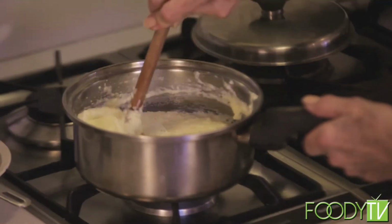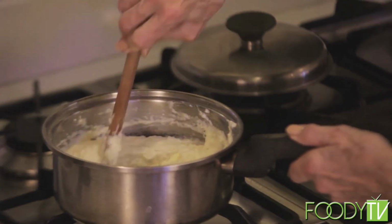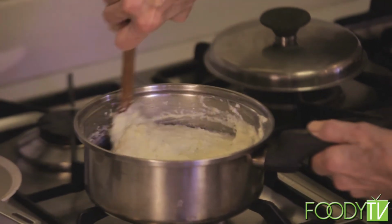She just added more butter to her grits. So we got butter, cheese, and milk. Can't be bad. All right, for the crepe,